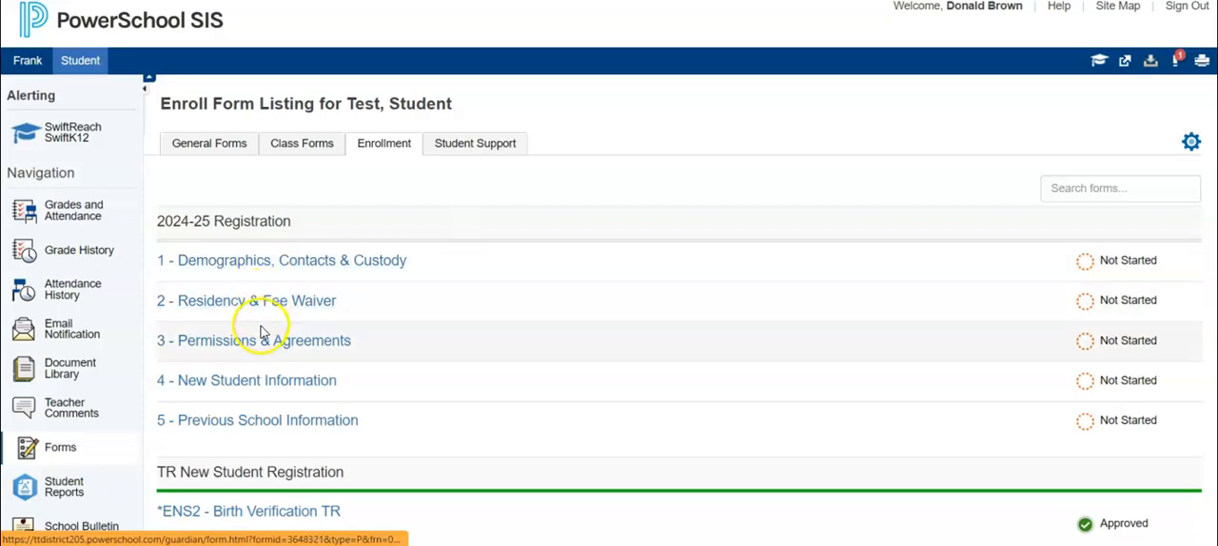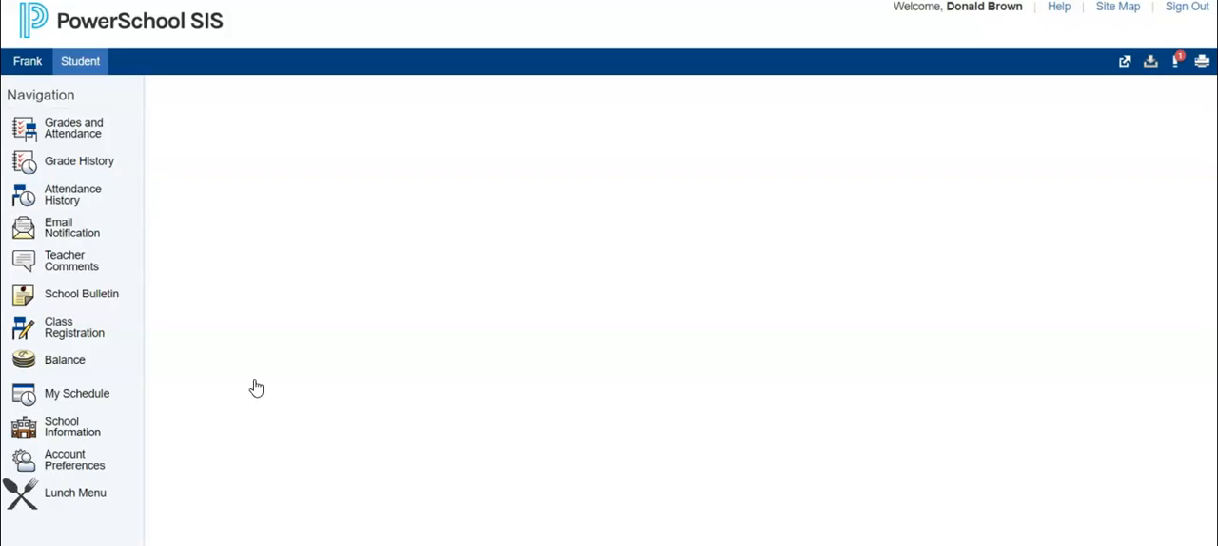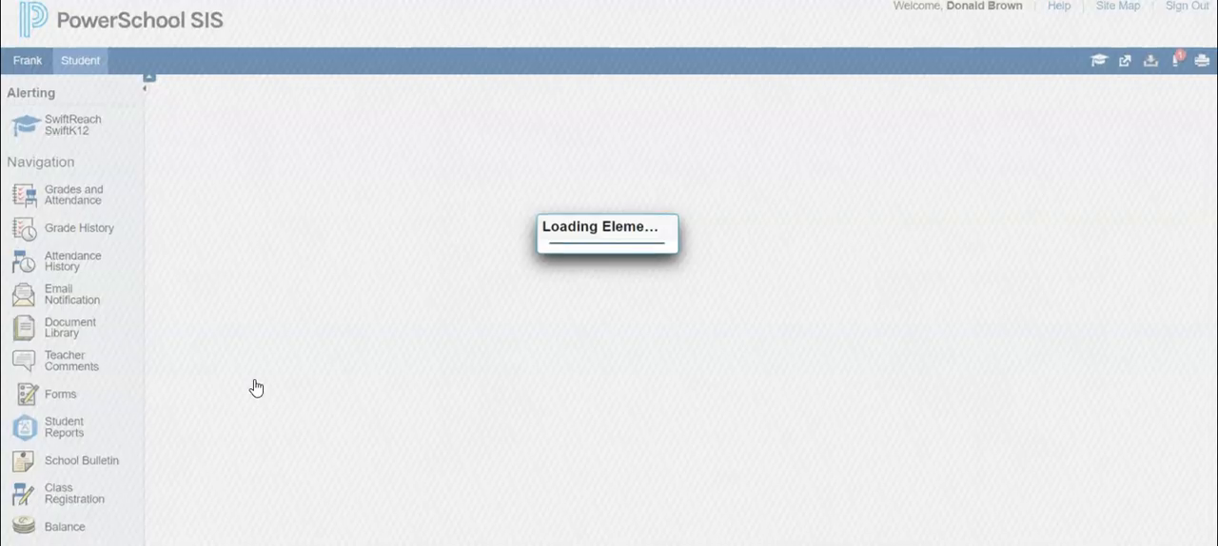As a matter of fact, I won't go through the first, second, and third forms because I already did. They are the same forms for returning and new students. But new students also have Form 4 and 5, so we will go into those and take a look at them. Form 4